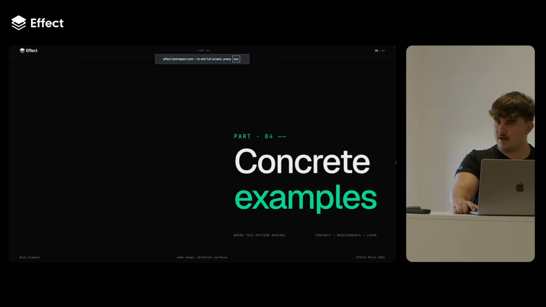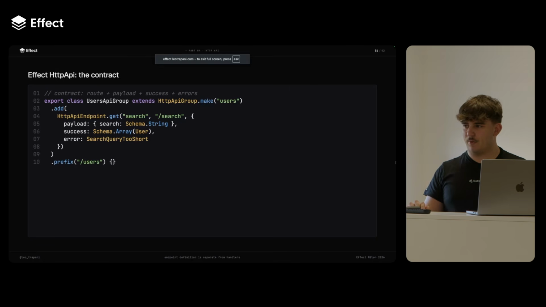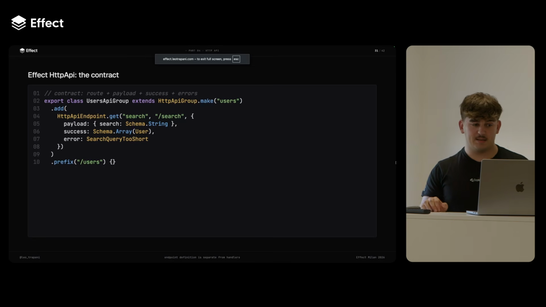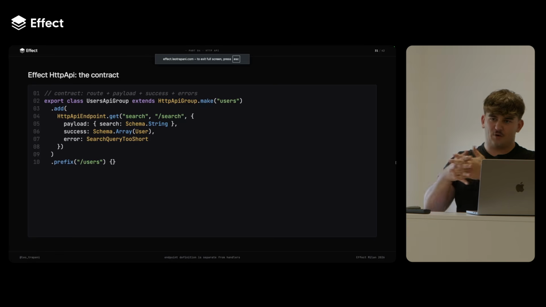Now let's look at a couple of examples of where this pattern occurs. First of all, let's look at the HTTP API group. HTTP is a library in the standard library of Effect. It has many libraries. You can probably find anything you're looking for. In this example, we define the boundary again. We define the structure of this API.